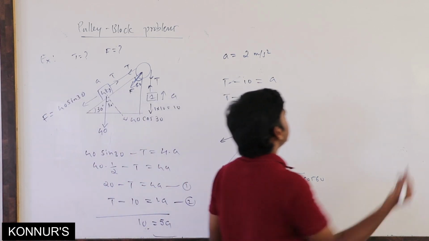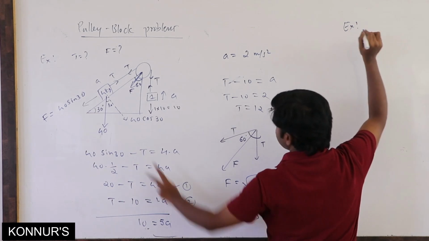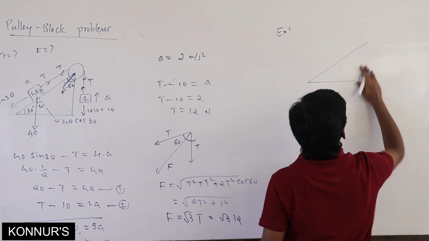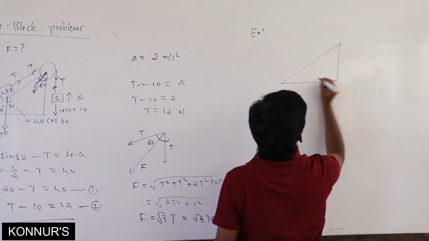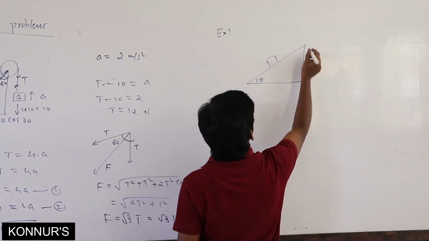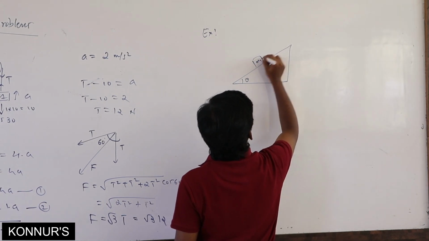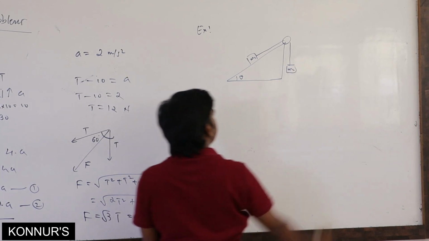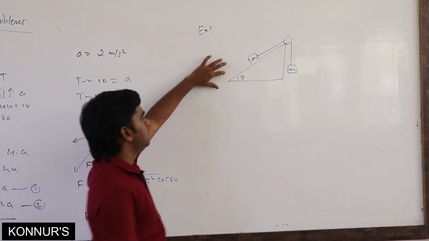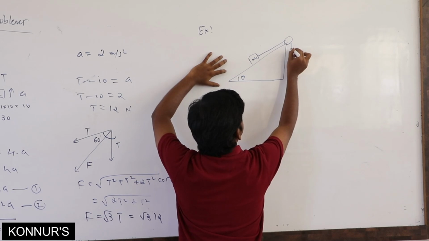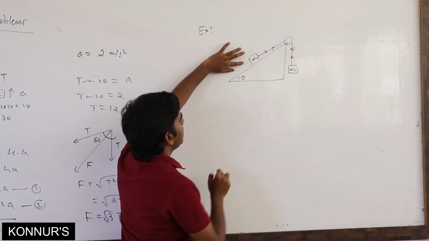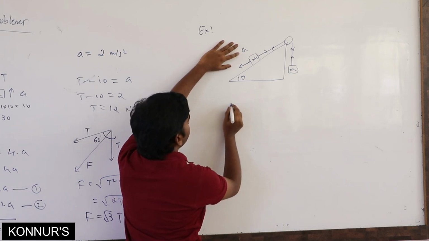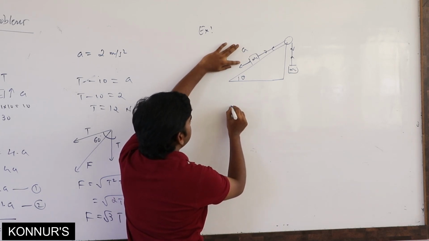So sometimes they may ask you to find the angle also. A very interesting one. If two masses are connected on an inclined surface, this is the theta. Here mass m1 is there, here another mass m2 is there. They may ask you to calculate theta also. Okay. So tension you can take. What can you write here? Tension, I will take in this direction, and acceleration. So what is the net force here?